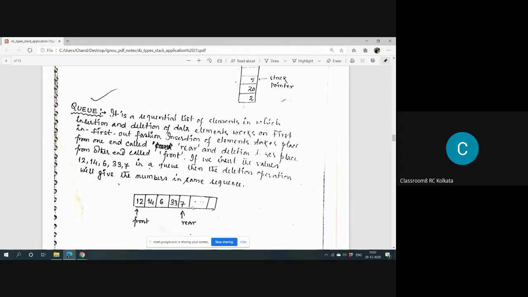If it is double-ended queue, then what happened? If it is double-ended queue, then from the front, insert and delete both are possible, and from the end, insert and delete both are possible. How? Suppose we are